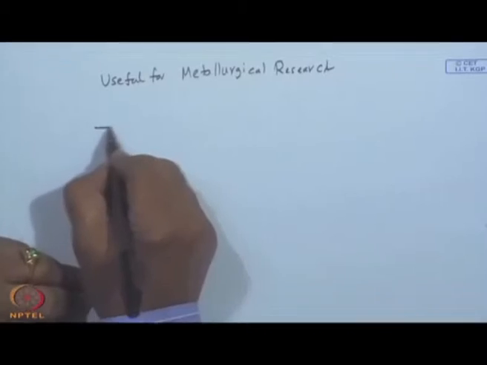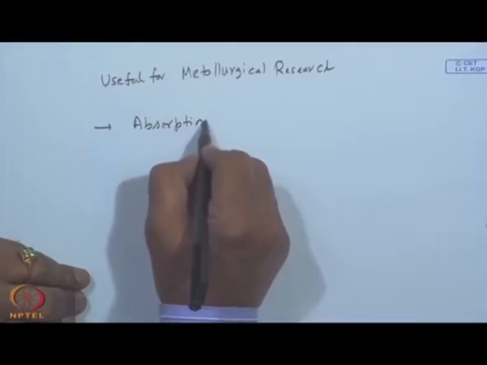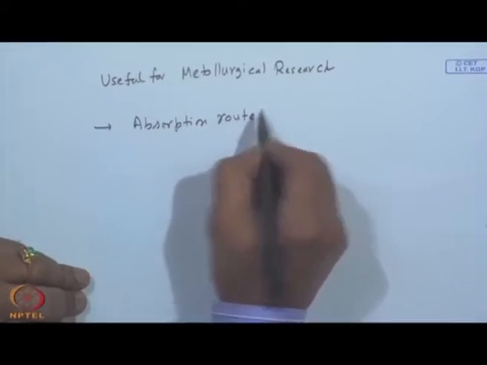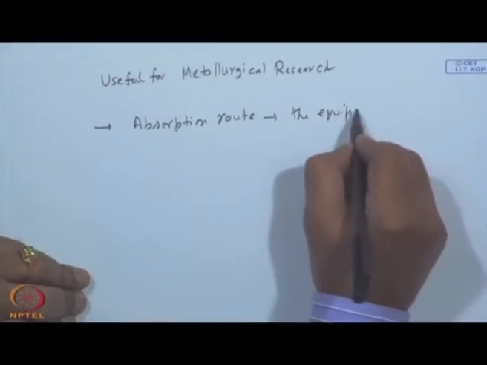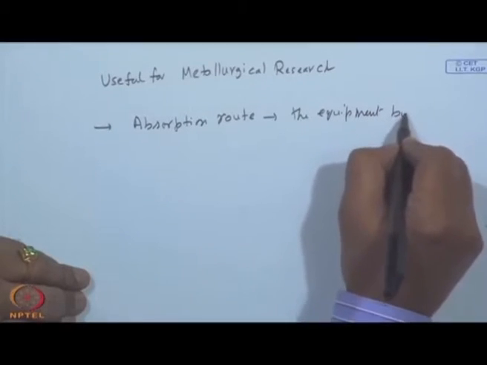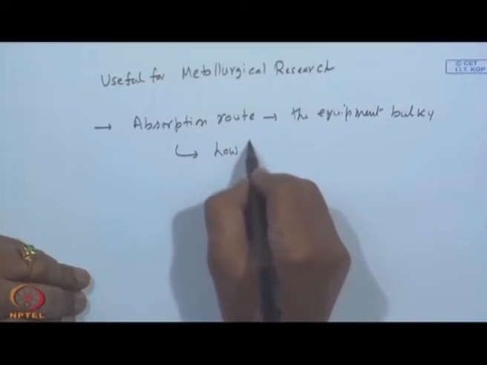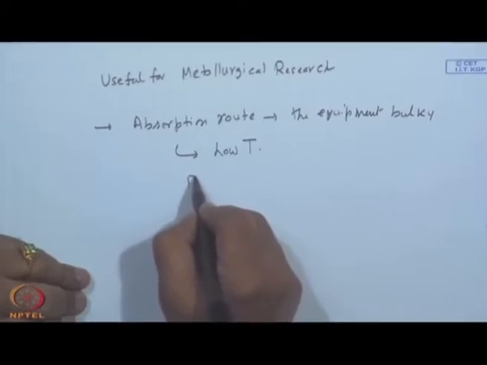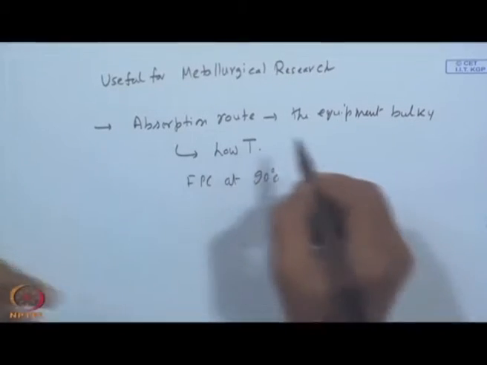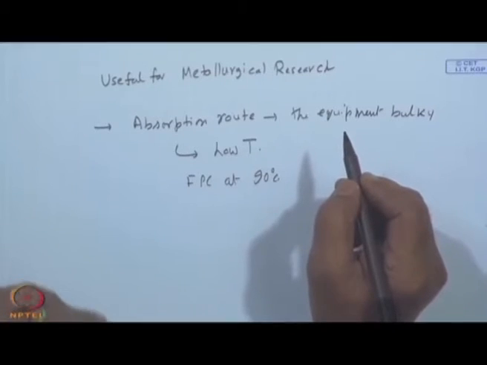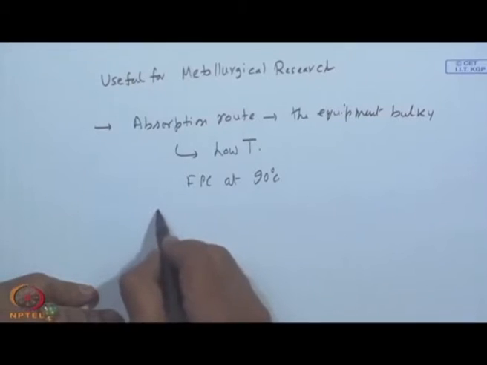One is, if you go through the absorption route, the equipment is bulky. Essentially, I mean low temperature. So, something like maybe a flat plate collector at 90 degrees C supplies energy at about 90 degrees C. So, consequently, your COP will be pretty poor. And if you go for compression system,